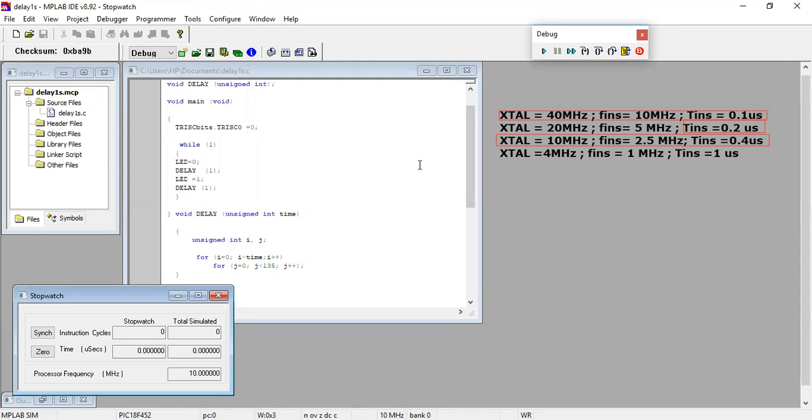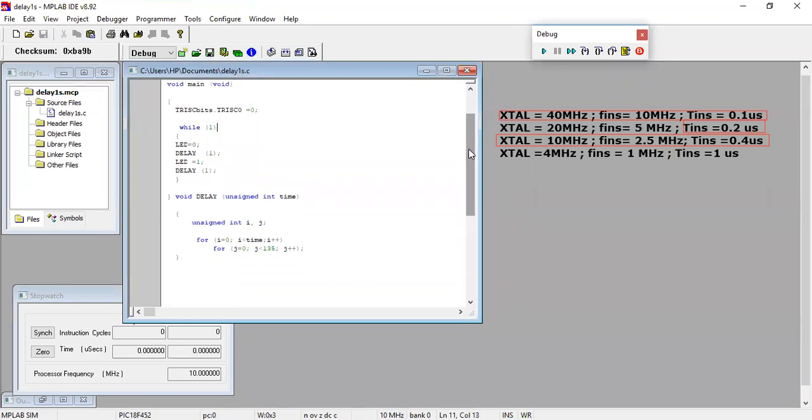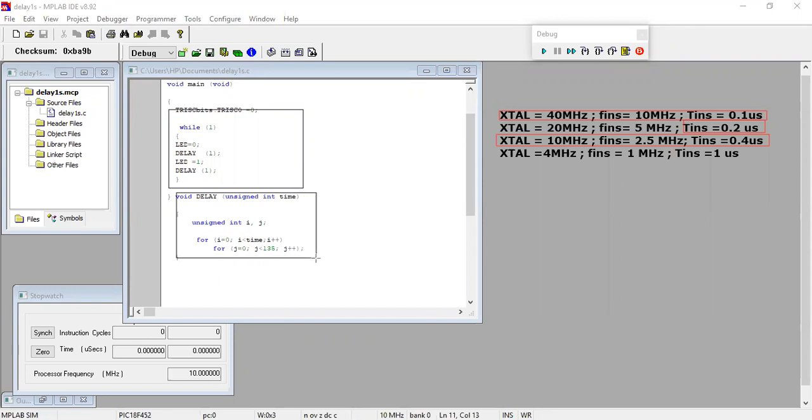Now let's come back to the code which I have already written in the previous tutorial. This is the same code, and this is the delay function.